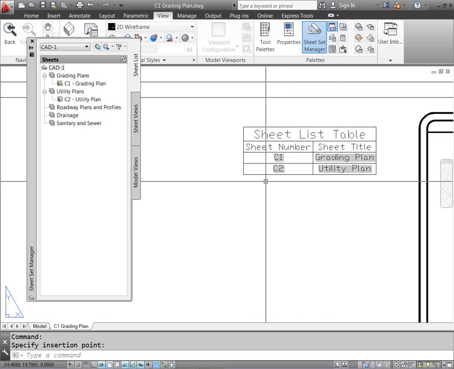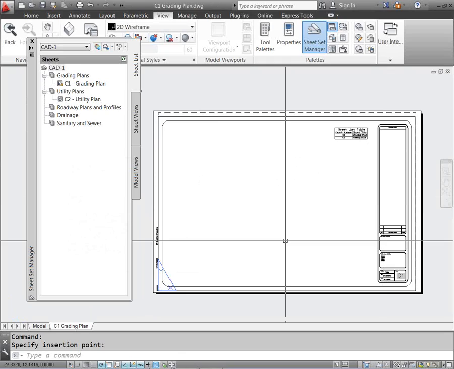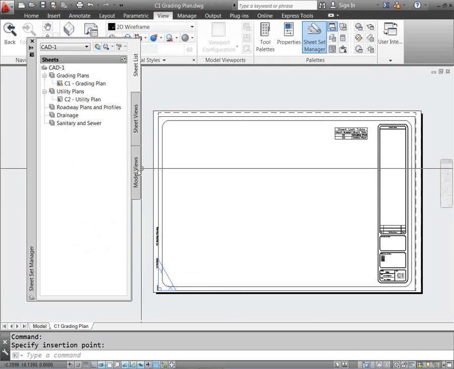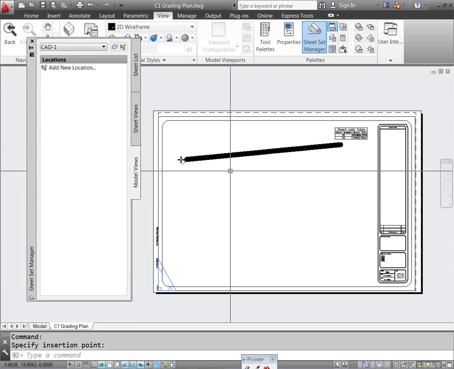Okay, so we've gone through and we've created a sheet. I right-clicked and created a sheet, but it's blank. I don't have anything to place on there. What we have to do for our next step is come down here to the Model Views tab on the